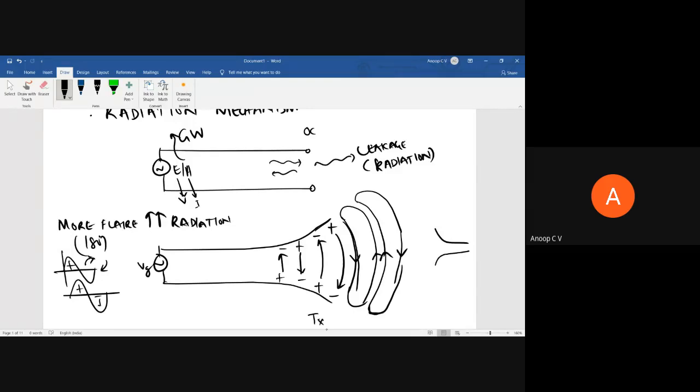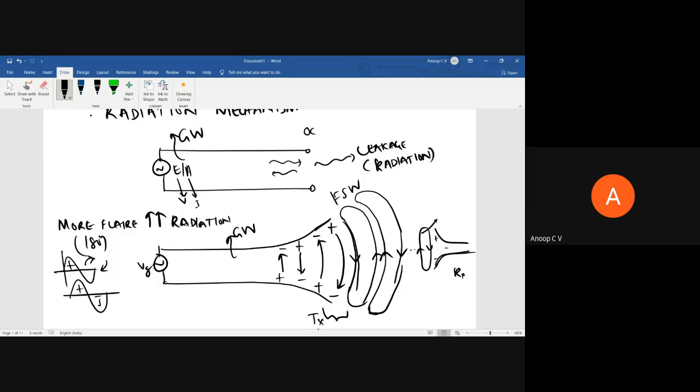And at some faraway point, suppose this is a transmitting antenna, if you keep a receiving antenna at some faraway point, after some distance it may receive some wavefront like this, so that this electromagnetic wave will induce voltage and current on this. Within this we have guided wave, and this is free space wave. So this region of transition is what is called an antenna. That is the definition of antenna: the region of transition between guided wave and free space wave.